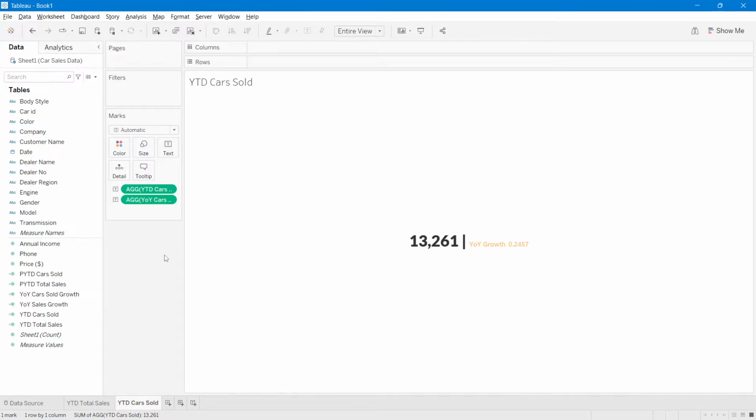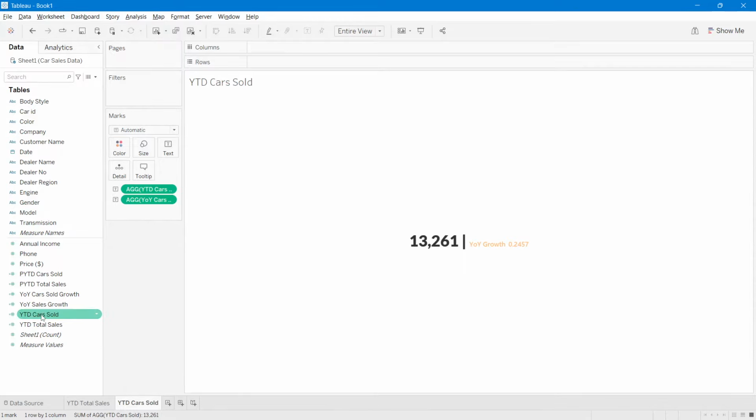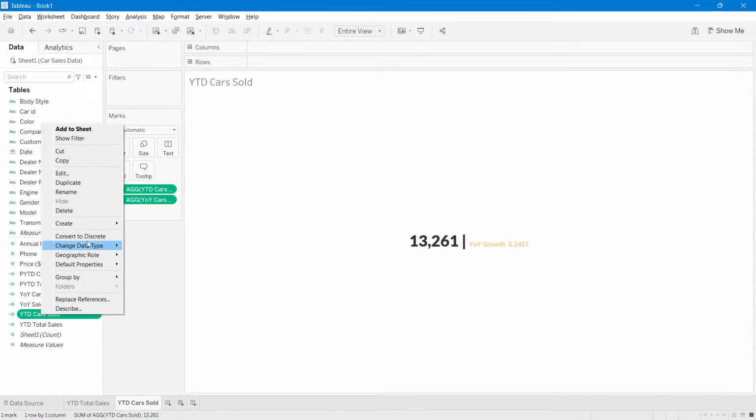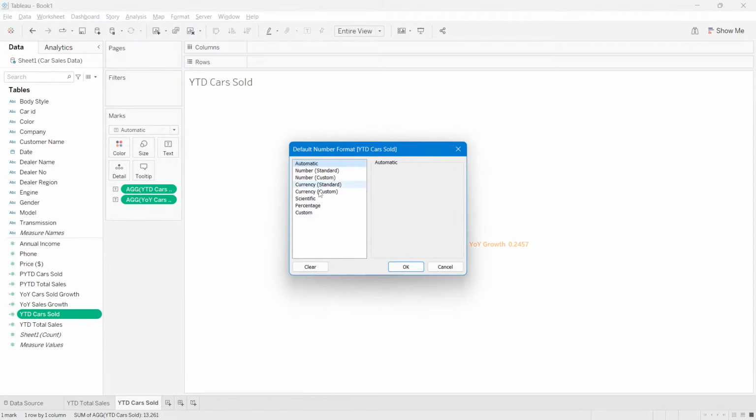Okay, so in this way we have found out the cars sold. But again, what we have to do here is change the format. You can see we have to change it into percentage format, and this we have to change into the thousand format. So again go to year to date car sold, right click here, go to default properties, and in number format go to currency custom. It should be in thousands, but it should not have